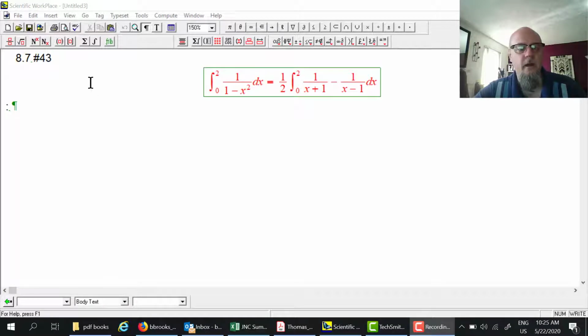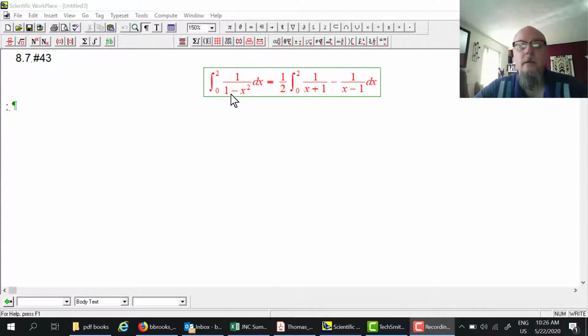Let's take a look at this. It's 8.7, number 43 from the textbook. I've got to do this integration. Now, if I'm going to integrate, I'm going to break this up into partial fractions here, so I already did that. But take a look at the problem, and I can see the problem from the way the question was